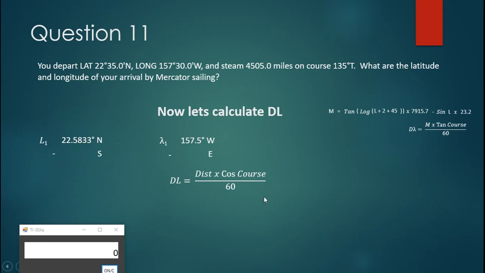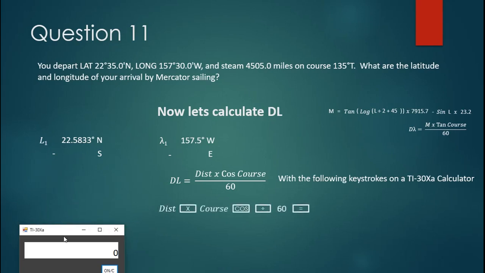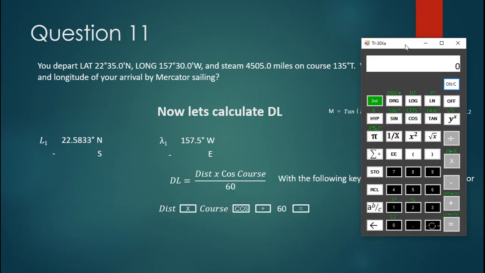It's the same equation that we used for mid-lat sailing to calculate the distance. And we do it the same way with the same keystrokes that we did in our mid-lat. So let's go ahead and key that in real quick. The distance is 4505, taken from the problem, times the course of 135, 35, cosine, divided by 60, equals